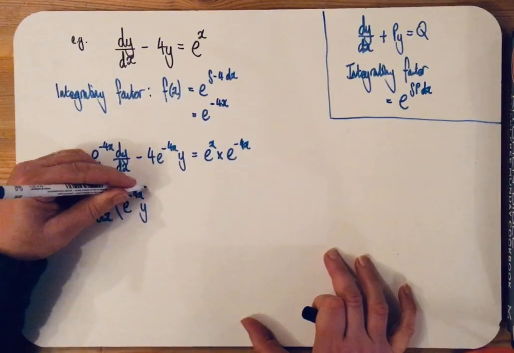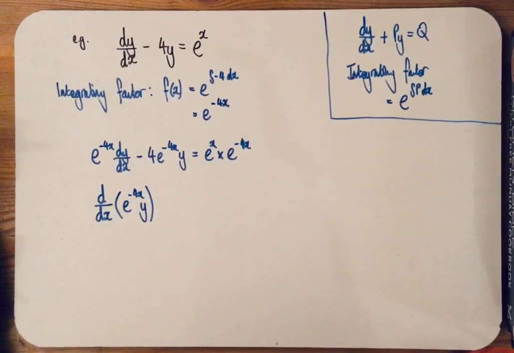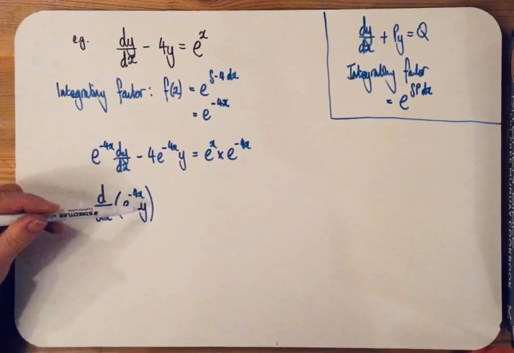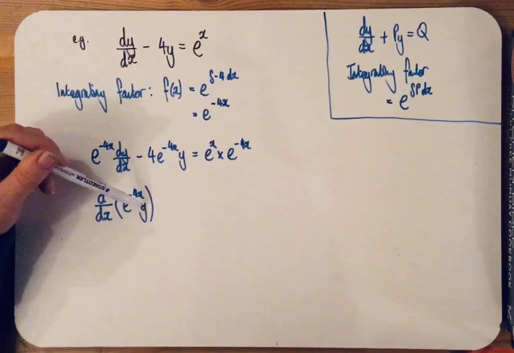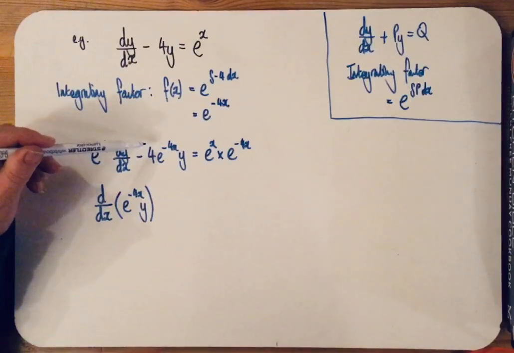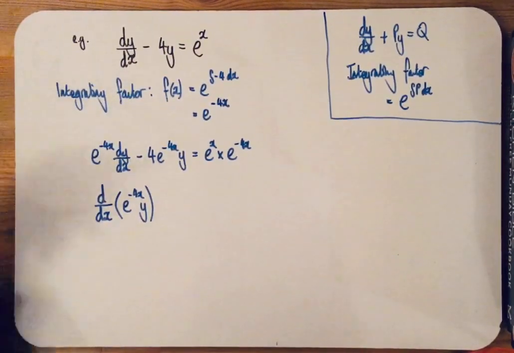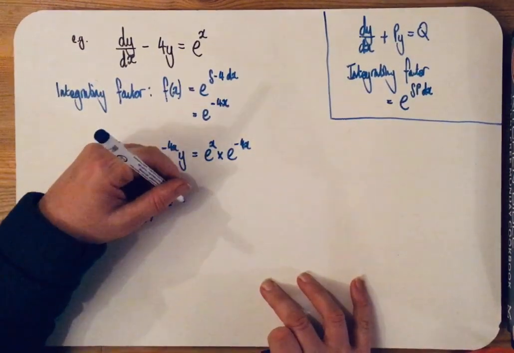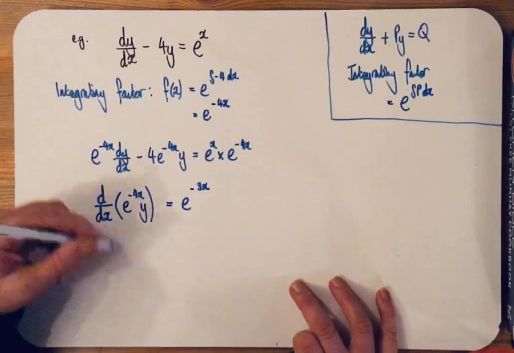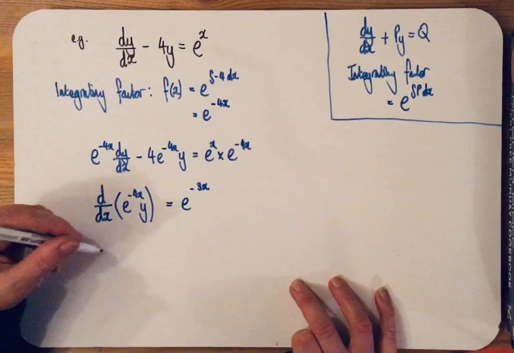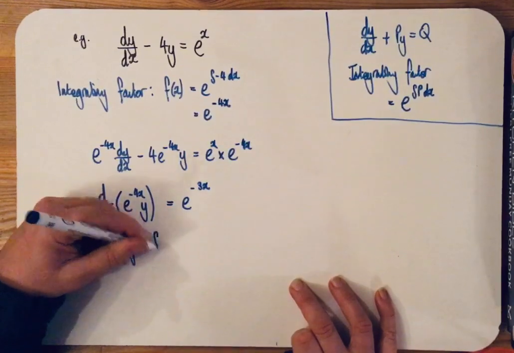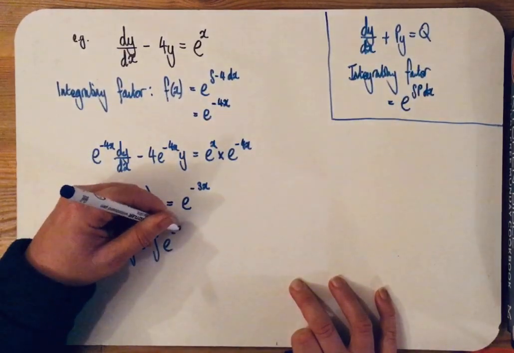And don't forget the y as well. So there's your v, in fact it's round the wrong way, isn't it? But there's your u dv/dx plus v du/dx. So you could just check that this does differentiate to this, but it should do. It's worth a check just to make sure you haven't done anything wrong. And then that's e to the power of minus 3x. And so integrating both sides, e to the minus 4x y equals the integral of e to the minus 3x